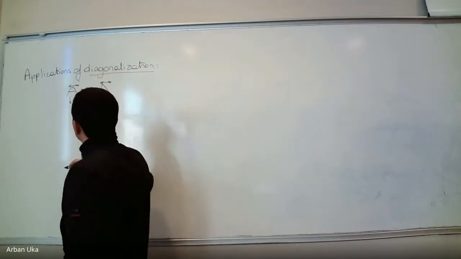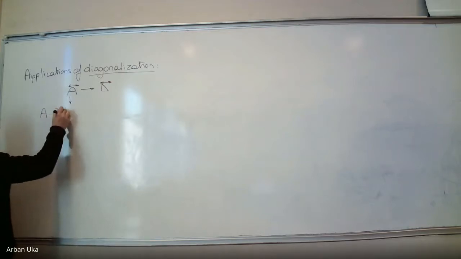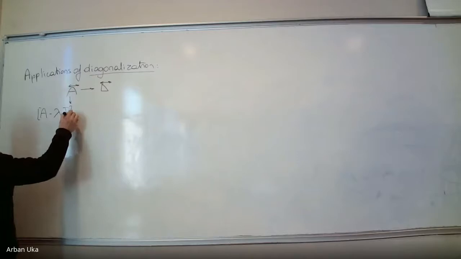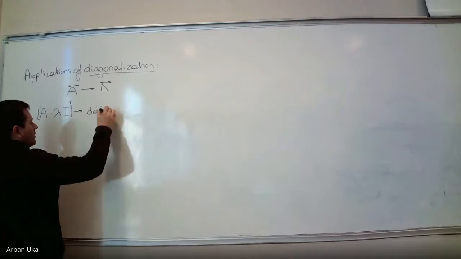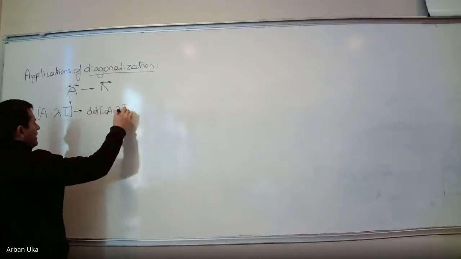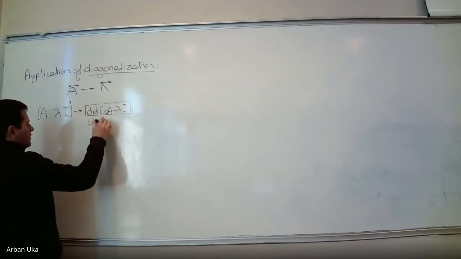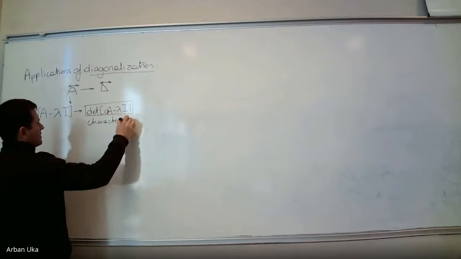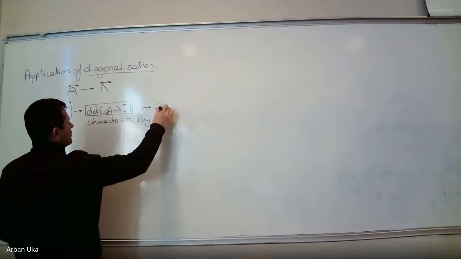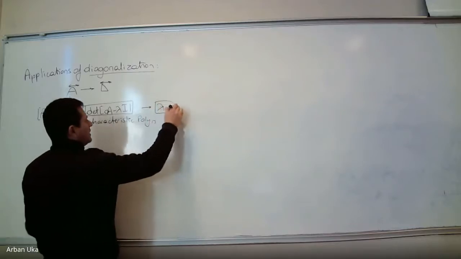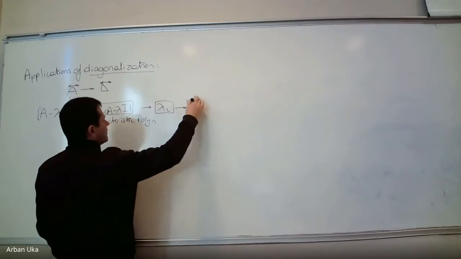For the matrix A, we find A minus lambda I. Okay, so this is the first step that we determine. Then we write down, we want the determinant of A minus lambda I gives to us a characteristic polynomial. Then from here, we find the eigenvalues, the lambda i, and from lambda i, we can find the eigenvectors Vi,